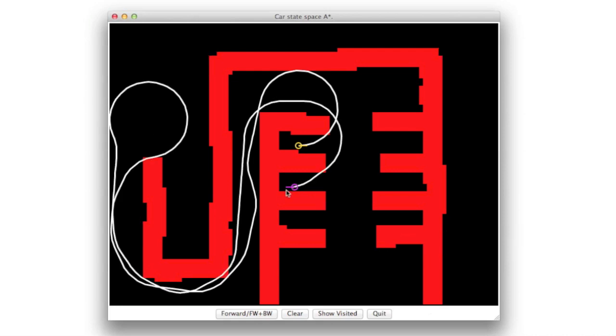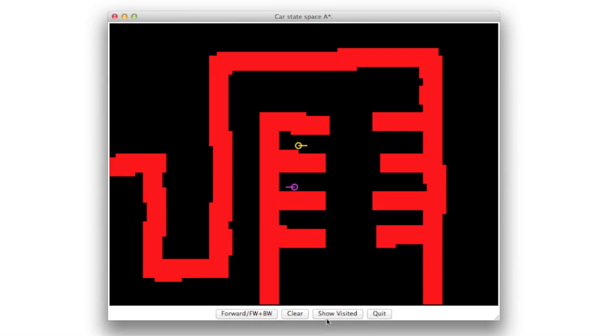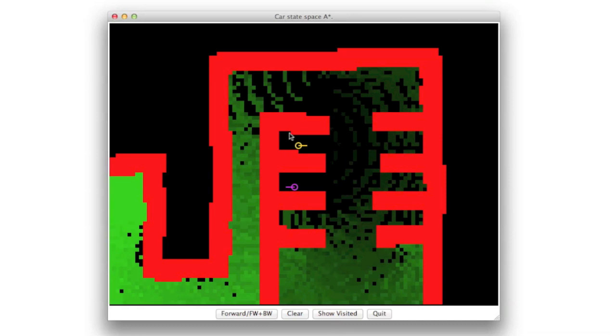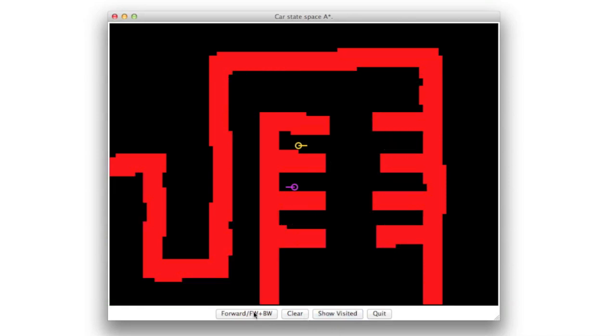Now, of course, if there is no space whatsoever to make your turn, then the planner can't do anything. Right? It visits all those nodes, but it can't do the curve because there's simply no space. However, if you allow forward and backward motion, it will do something that makes really sense. It will go out forward to the right, back up a little bit, and then go into the parking lot